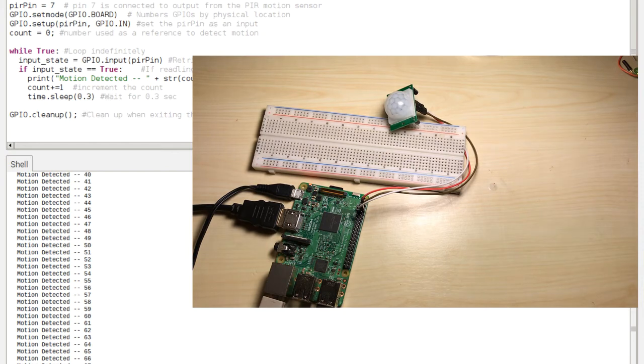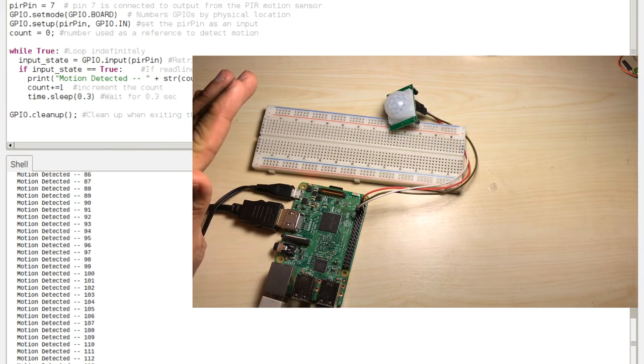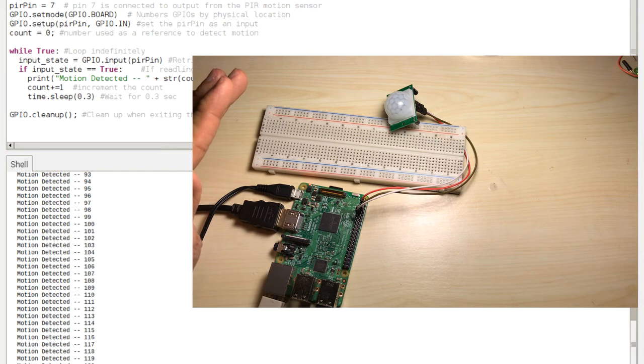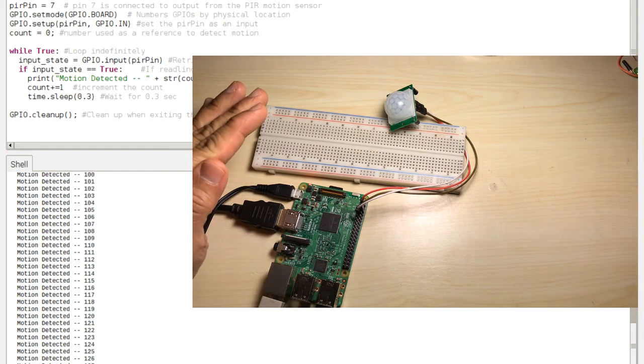So now I'm going to move my hand, and as you'll notice, the numbers increment. And I'm going to keep my hand still. Remember, a PIR sensor detects change in movement. So I'm going to try to keep my hand still. Now I'm going to move it. Oh, and there you see. It goes again. Again, I'm going to try to keep my hand as still as possible